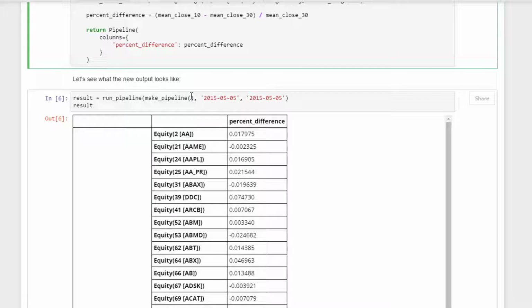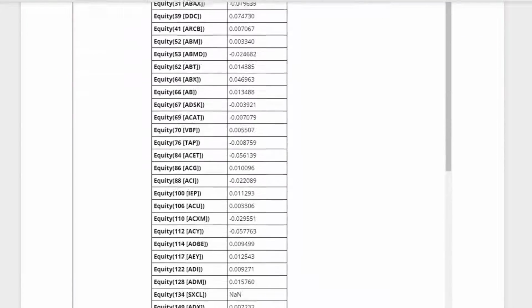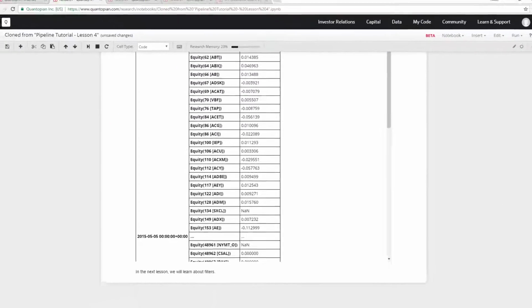Again, you run the pipeline, you refer to the function you defined earlier and the period that you want to run it for, so 2015 May 5th to 2015 May 5th, and this is what you actually get in terms of the output. Right, so that's really the lesson on combining factors. In the next lesson, we're going to go